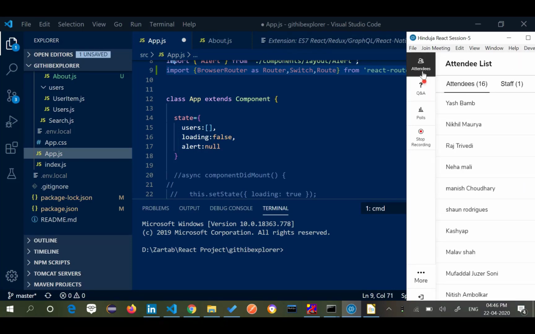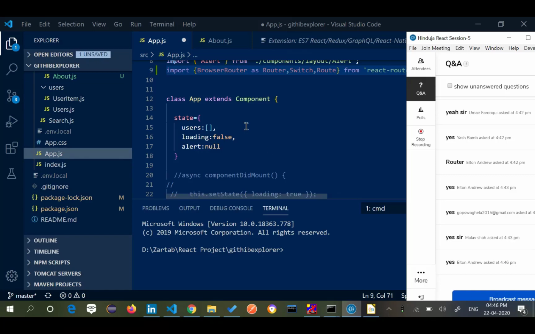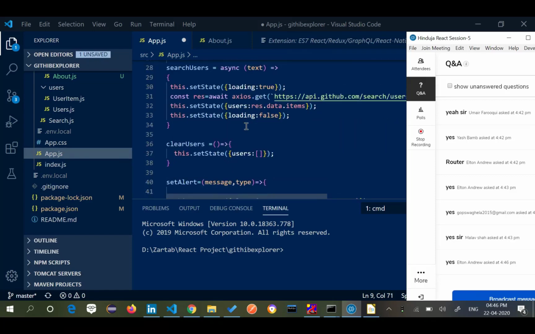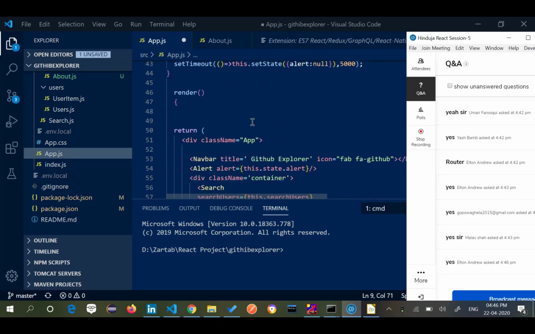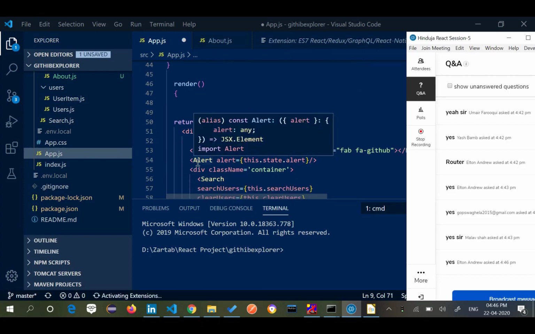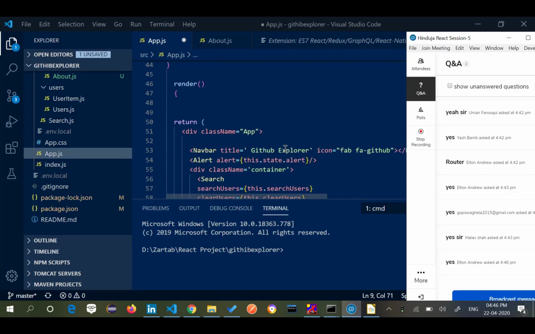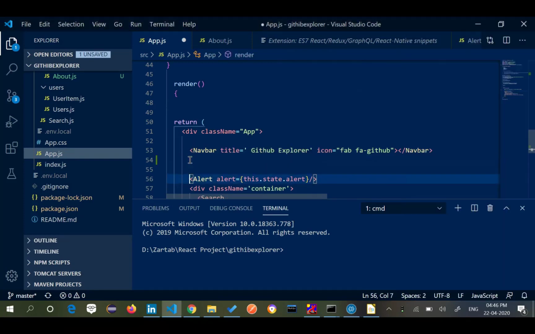So what we did was we just imported, and now how are we going to change this? I need to route everything inside my Router apart from my navigation bar, because that is going to be visible all the time.